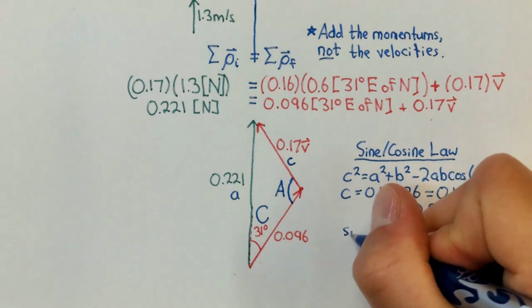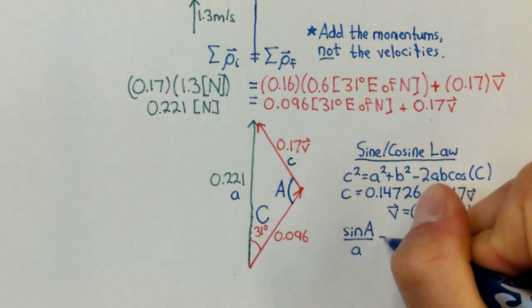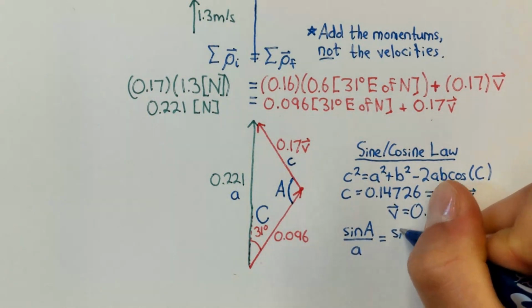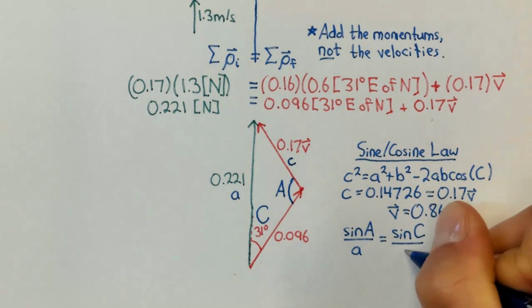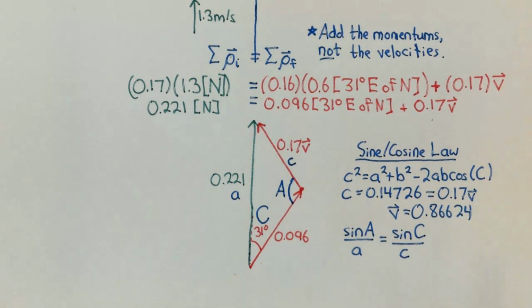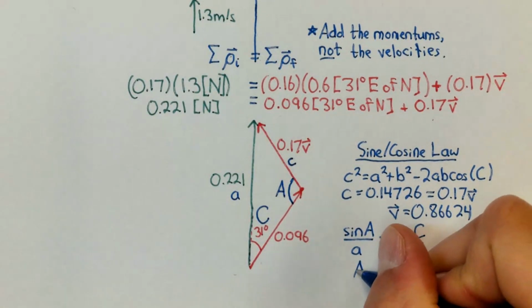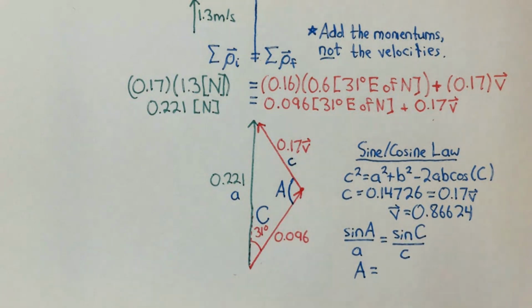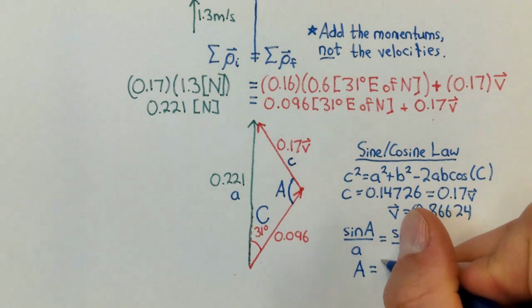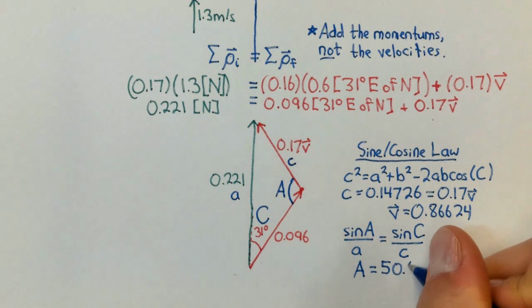So sine of A over A equals sine of C over C. Let's solve for A and see what this gives us. So that gives me 50.6